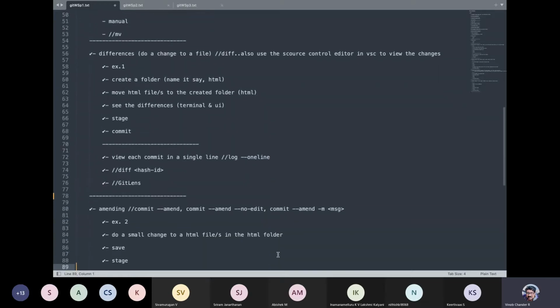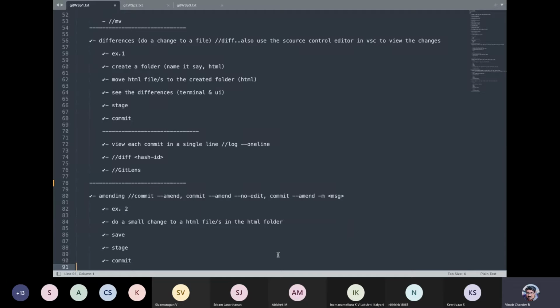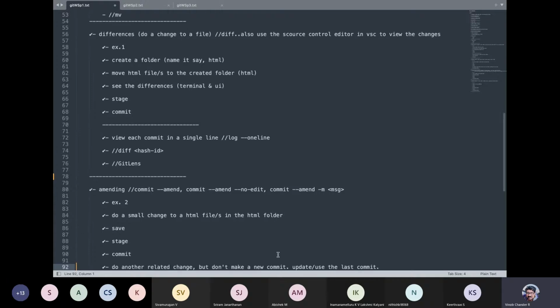So that was about differences. Guys, depending upon how you make use of the commands and the kind of requirements you have, which we have not seen here, there are so many different options that will cater to your specific requirements. For that, you can go to the documentation and look up whatever you require at the specific time. But these are the core, fundamental commands that most developers and everyone writing code will be using in their development projects.